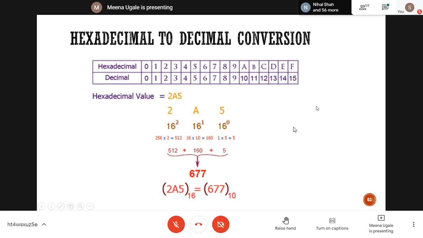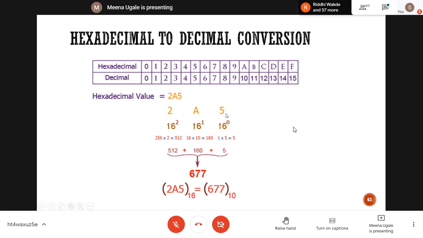Now, how to go for this then? If I have any number in hexadecimal which is represented like 2A5 and I want to find out its decimal equivalent, how will I go for that? Always remember this table. 0 to 9, then 10 to 15 for A, B, C, D, E, F. Whenever the question is there to solve this, you always remember that for A to F you have to consider 10 to 15. And it is the same way that we followed for octal as well as binary.